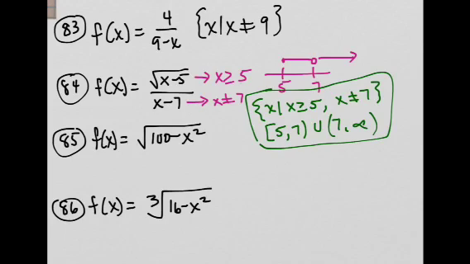For 85, we know that the zeros for 85 are 10 and negative 10. So again, it may help if you think of a number line, because these are the numbers that make the inside 0, right? 10 squared is 100, and negative 10 squared is 100. So both of those make it 0. So if you choose numbers bigger than 10, then you have a negative inside the radical, inside the square root. So if you choose any number in this area, it's not going to work. If you choose numbers in this interval, between negative 10 and 10, we're good,